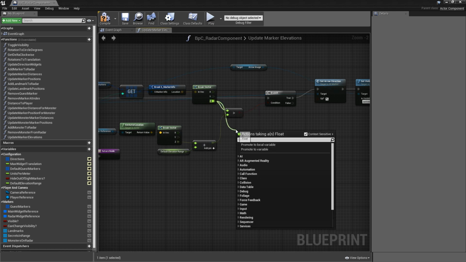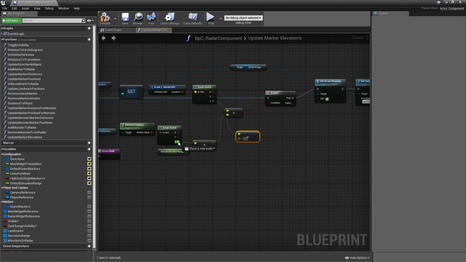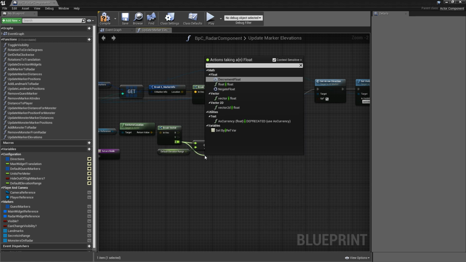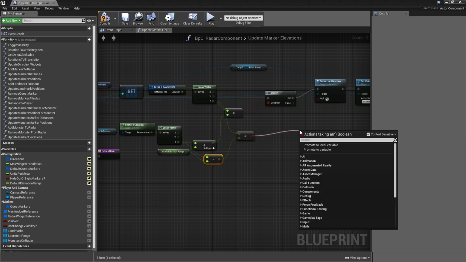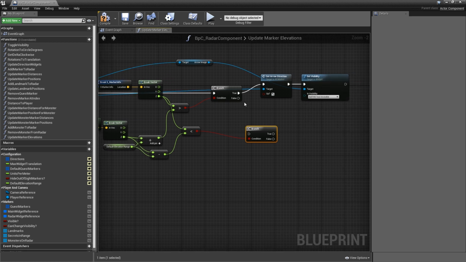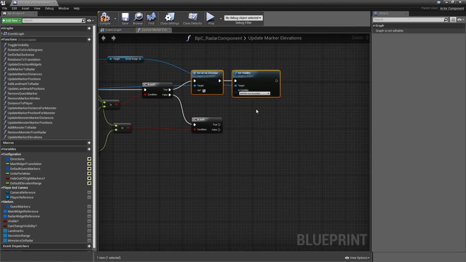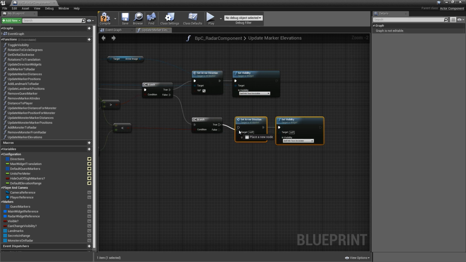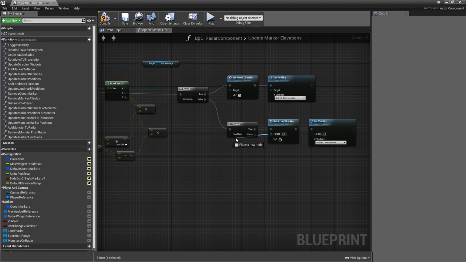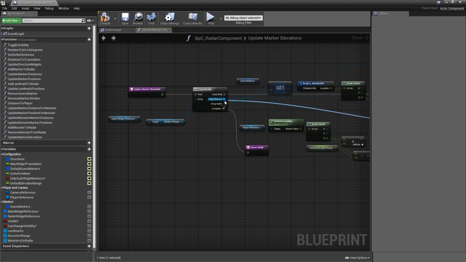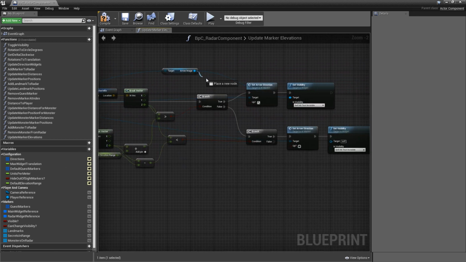So let's look for a less than, and off of our Z here from our player, we will subtract default elevation range and hook that up to the comparison. Then add another branch and connect that to the false of the first branch. So if that is true, we will also set arrow direction and visibility, but this time to downwards. So uncheck up and connect the array element as the target, then the arrow image as the target for the